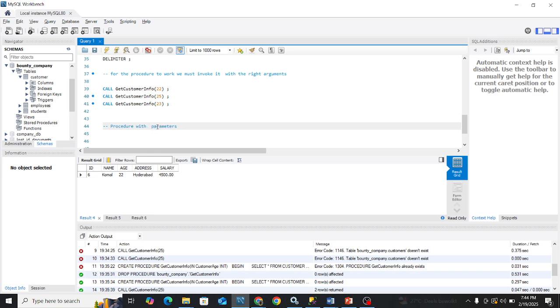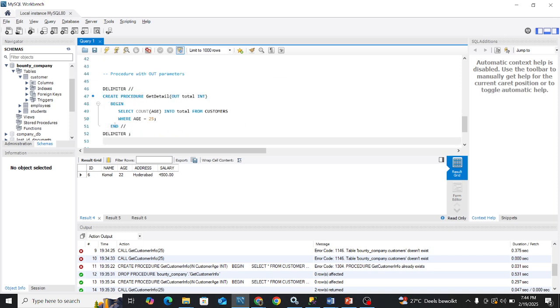Let me put this in caps, add parameters, then maybe we can paste what we have here. So let's create this: CREATE PROCEDURE get_details, OUT total, and then we want to count the number of customers with